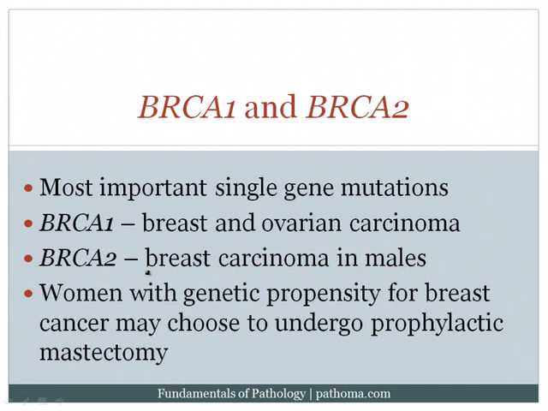Now, I'd like to remind you, when patients have a hereditary breast cancer, they may elect to undergo prophylactic mastectomy. So, for example, if a woman learns that she's got a BRCA1 or BRCA2 mutation, she may choose to actually have both breasts removed. If both breasts are removed, however, it's very important to note that a small risk still remains for the development of breast cancer, and that's because sometimes we have excess breast tissue that can go, for example, into the muscle or maybe present up in the axilla, etc. And so, although prophylactic mastectomy sharply would reduce the risk of future development of cancer, the risk does not become zero, and those patients still need to be watched carefully.